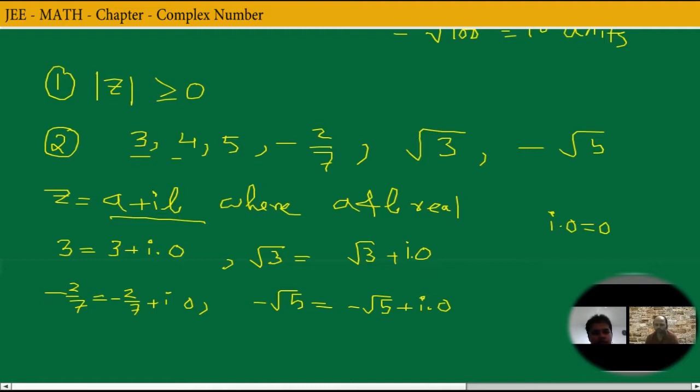Don't you think in all these 4 numbers, the imaginary part is 0? Yes. So we should remember real numbers are complex numbers